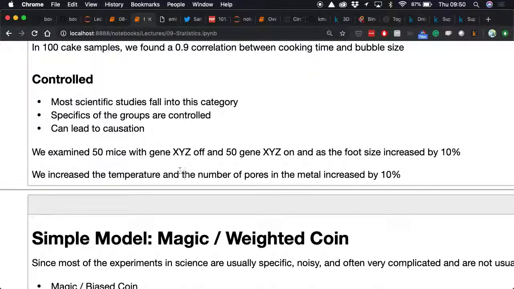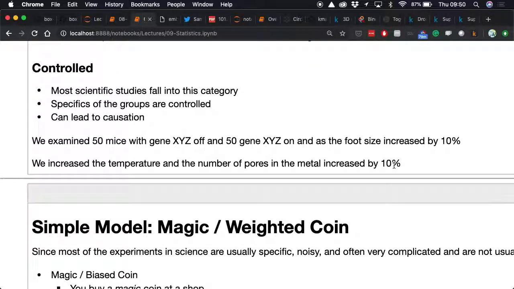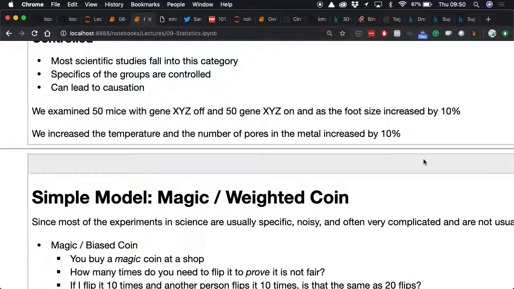Whereas with these controlled studies, you have sort of explicit focus on just getting these two differences and then looking at that. And so, we increased the temperature and the number of pores and the metal increased by 10%. And so you have the exact same structure, the exact same synthesis process, the exact same oven and everything else, and all you did was change the temperature, and that led to a pore increase. And so there, because you were controlling so many of the other factors, you were able to do that in